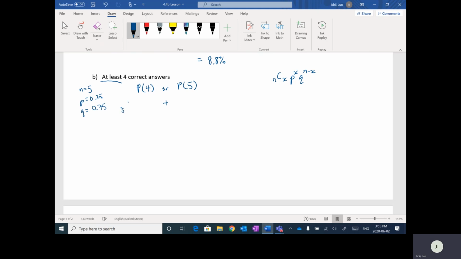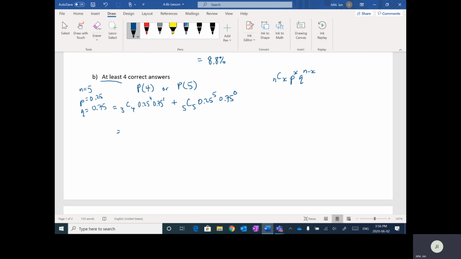It's going to be 5 choose, in this case, 4, 0.25 to the 4th power, and 0.75 to the 5 minus 4, which is the 1 power. Or, so plus 5 choose, x is 5, 0.25 to the 5th power, 0.75 to the 5 minus 5, which is 0 power. Okay. So this is going to equal,